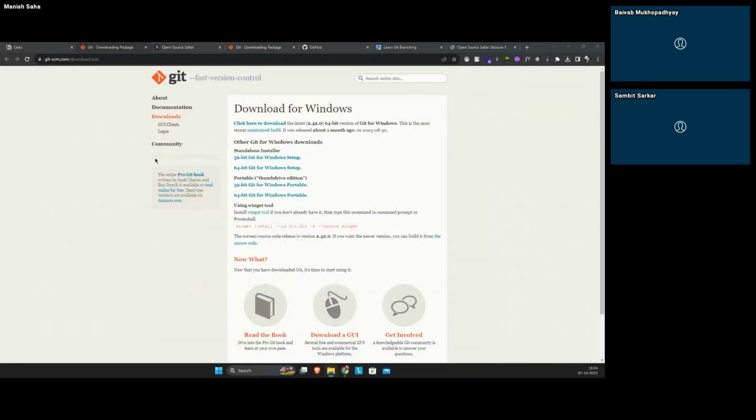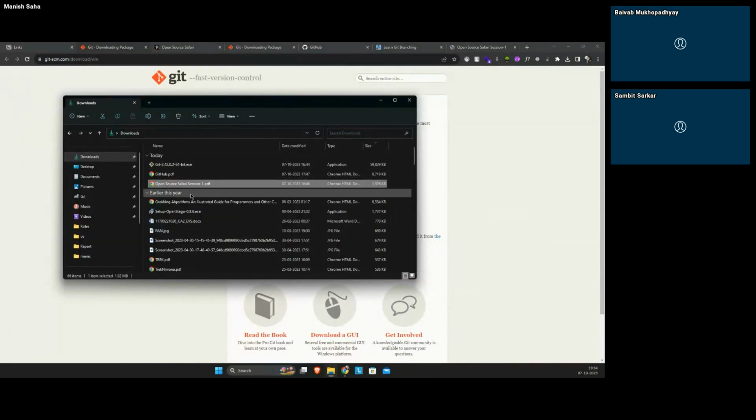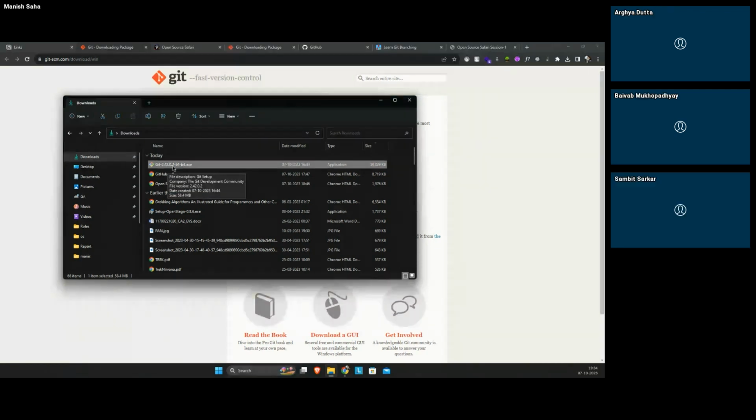I have already downloaded it. Let me open this. So here it is. This will be called git.exe, and when you click on it,